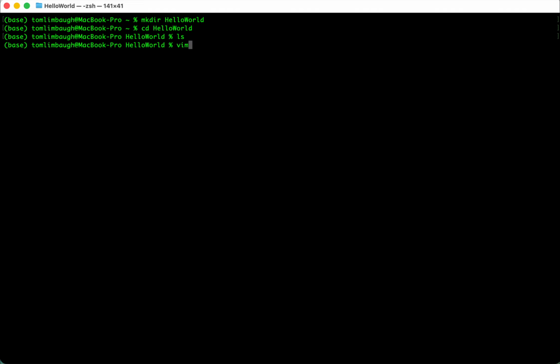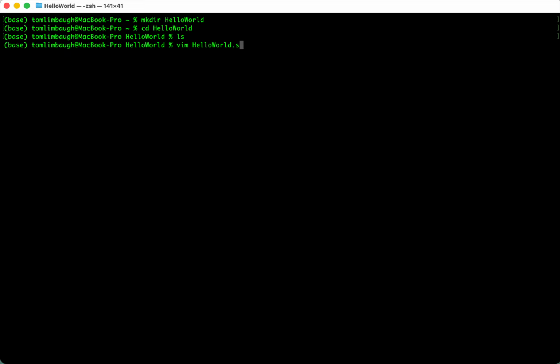But anyways, to open up a file, we're just going to type Vim and the name of the new file. Vim will create the file if it doesn't already exist. If it does already exist, it'll open it, and that's assuming in the current directory path or a path that you specify. So if we do Vim